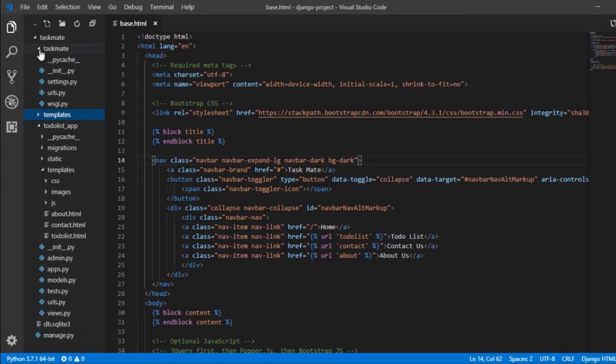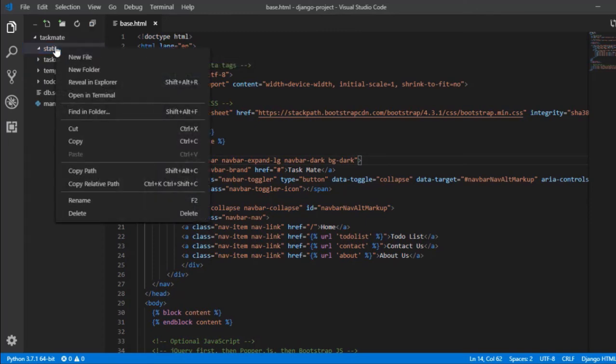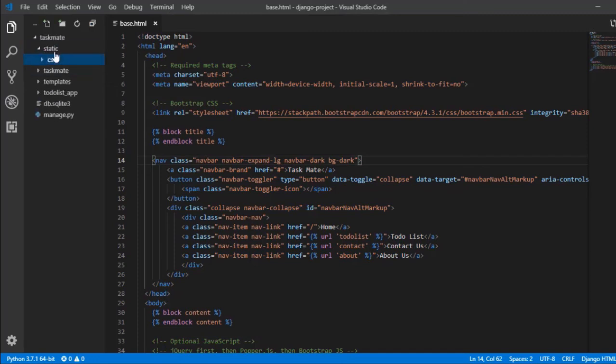So let me close all these and create a static folder on your root directory. Remember your root directory, which we have followed for template. Once your static folder is created, now create all the 3 folders, your JavaScript, your CSS and images, because all the files which we contain in these 3 folders would be considered as static files.